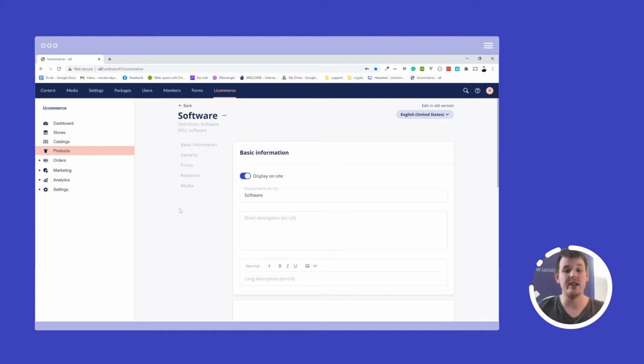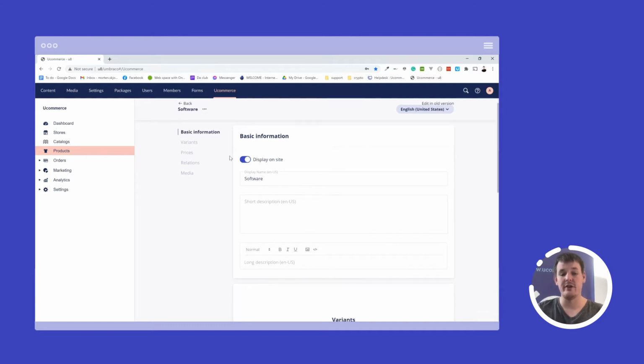Once you see the product in the back office, you'll be able to maintain all the different information that are relevant for a product. The basic information includes whether or not it should be shown on the storefront. So based on this display setting, it will be placed in the search index or not. So disabling this field will completely remove it from the index, and it will no longer be possible to find it on the storefront.